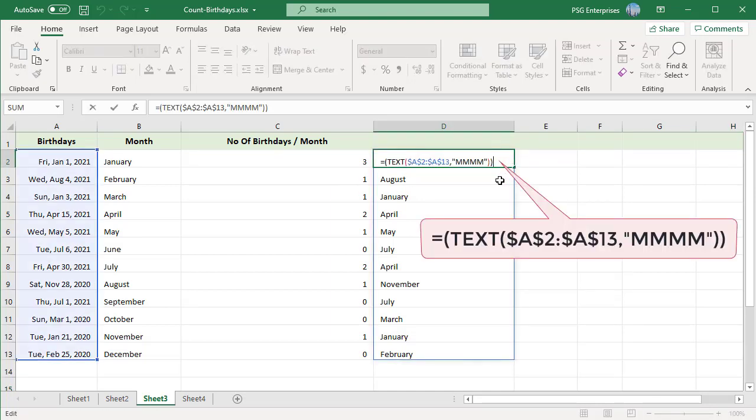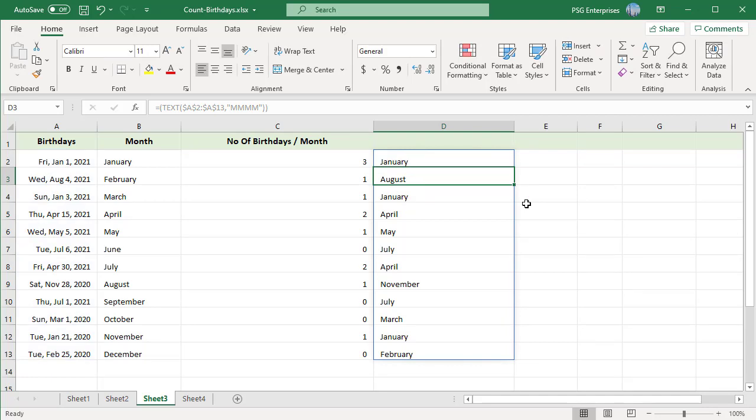How the month is returned depends on the format text argument. When we use "mmmm", the full month is returned. We have the list of months in column B. Then the array of months is compared to January in A2 to produce an array of true and false values. Use a double negative sign to convert true and false to 1 and 0.